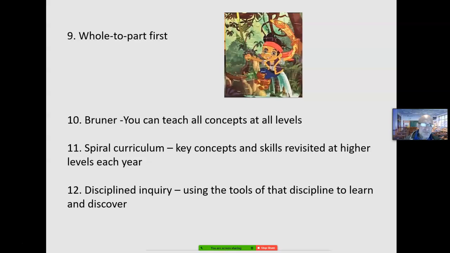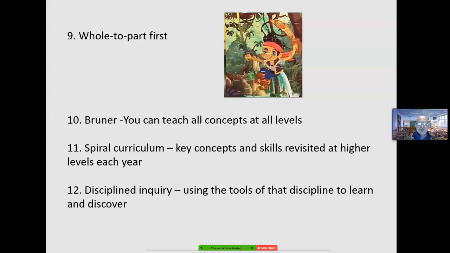Keep it simple. Human beings learn best from whole to part. When you can see the whole puzzle first, then you know where the little pieces are. If you're engaged in the whole activity of playing tennis first, then I can teach you the little skills and it makes a lot more sense. That's whole to part instruction. They get a sense of the whole and then you can teach the basic skills.